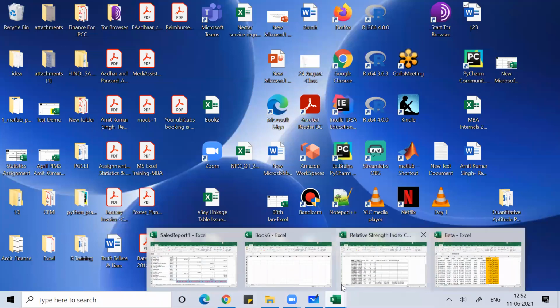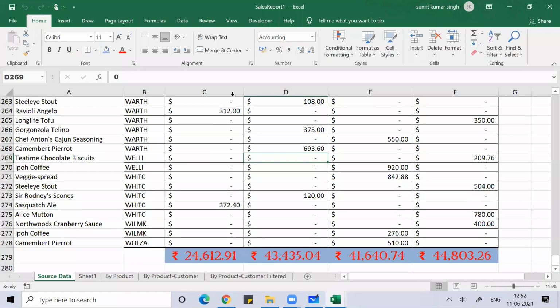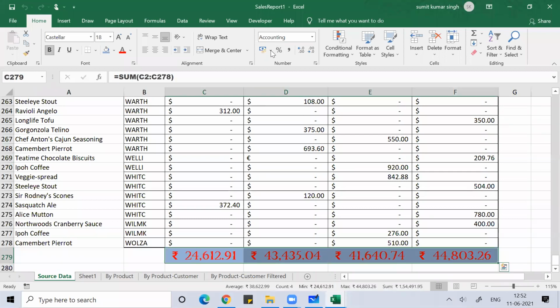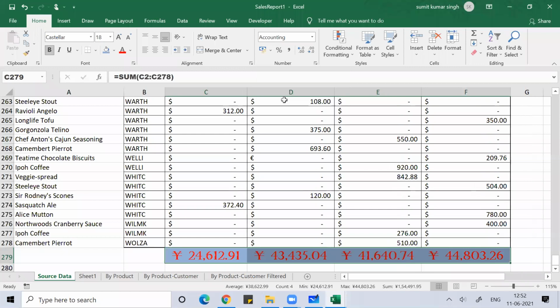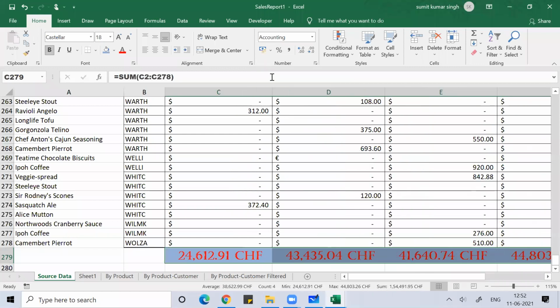So this, if you're using the latest version, you can see this. Whichever currency you want, you can put. Euro, or if you like Chinese, yuan, Chinese yuan, whichever currency symbol. Swiss franc.